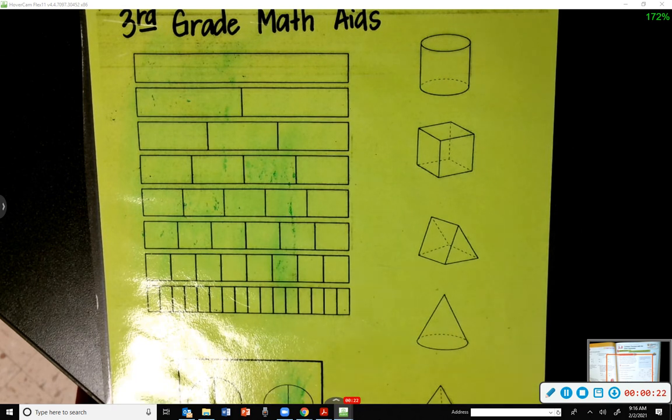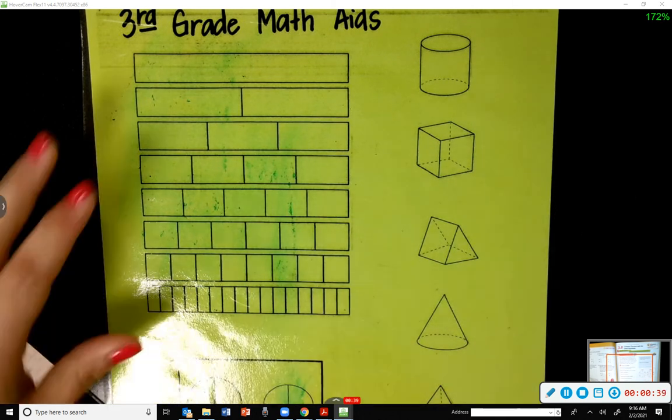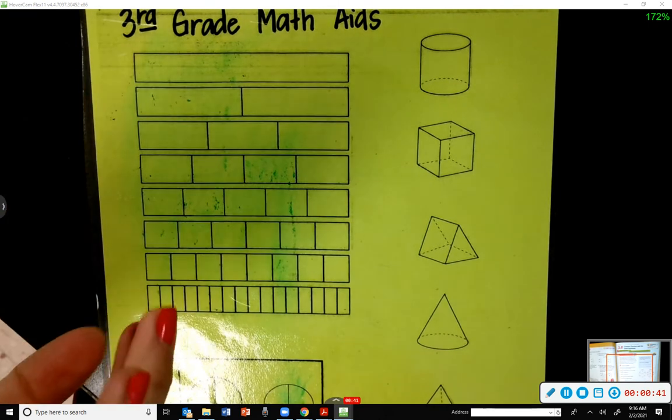2/4 and 4/4. Which one's greater? 4/4. 4/4, okay? But today you're going to look at comparing fractions where the denominator is different, okay? And when I say denominator, I'm talking about which one? The bottom. Good. Okay, so first thing we want to do is look at some fraction strips on our math